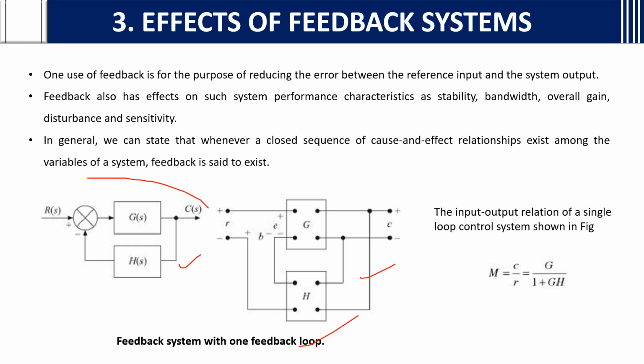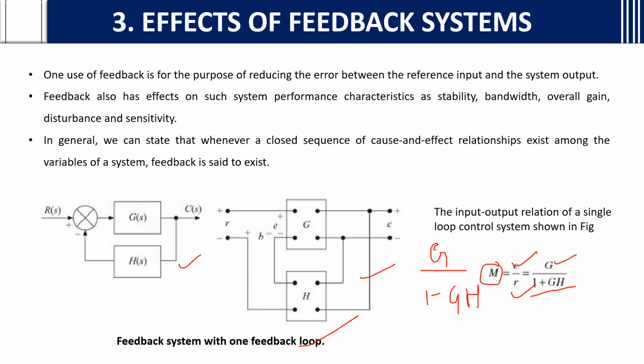The input-output relation for this feedback control system is M, which is nothing but the transfer function. M is nothing but the transfer function, that is nothing but output by input. C is the output, R is the input. So C by R is equal to, we are going to take it in the way G by 1 plus GH. Here C by R will become G by 1 minus GH